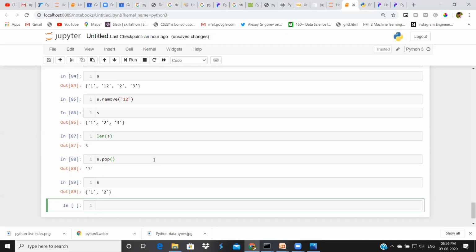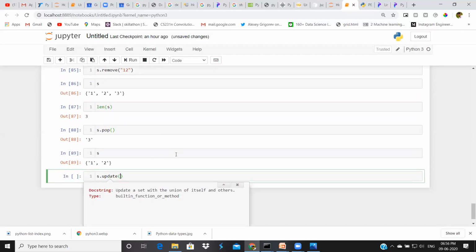We even have an update option here. We can use update also. In upcoming classes, we will discuss this update option.